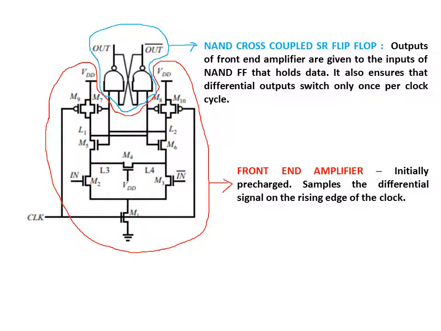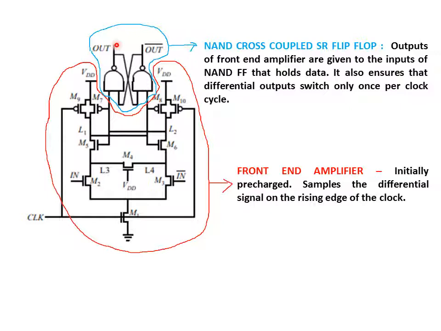So, this diagram shows the sense amplifier based register. Primarily it can be divided into two parts, right? One part, highlighted in blue, is a NAND cross coupled SR flip flop, which you would have studied in digital circuits. It's fundamentally an SR flip flop using two cross coupled NAND gates. Depending upon the values of inputs that you receive here and here, the output of the flip flop will be